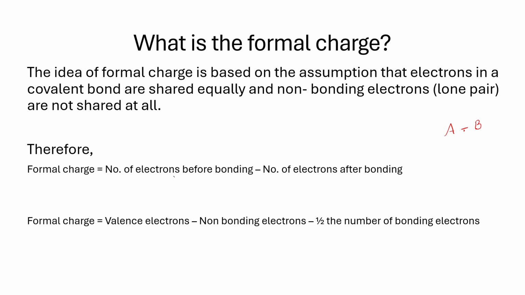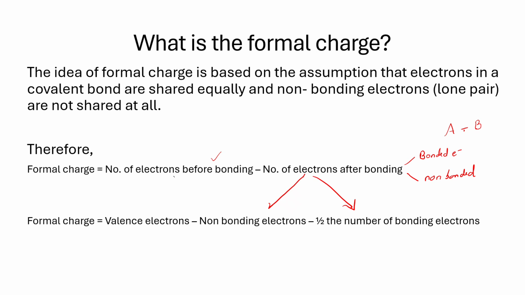So how do we actually compute the formal charge on an atom in a molecule? Basically, we take the difference of the number of electrons which were there in the valence shell of the atom before bonding and the number of electrons which are there after bonding. Now we know that when bonding happens, on the atom there are either the bonded pair of electrons, so you have bonded electrons which were involved in a covalent bond, and then you have the lone pair or the non-bonded electrons, right? So if we split this, the difference becomes formal charge equals valence electrons on